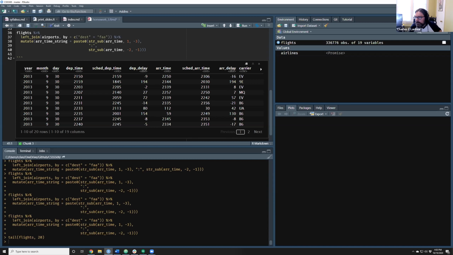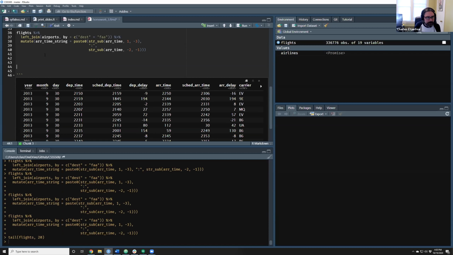Yeah. Okay, so this next one, let's see. After you rename columns, when using them, do you call them by the new name? Yeah, you have to call them by the new name. So in this example, you said scheduled departure time. I'll actually show you as an example. So let's say we've done